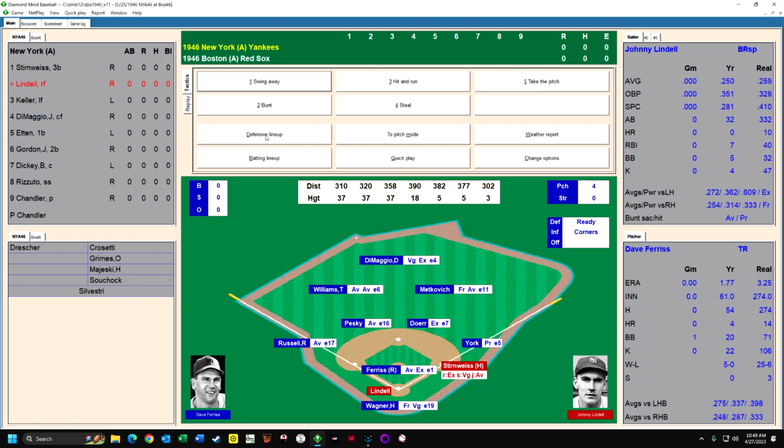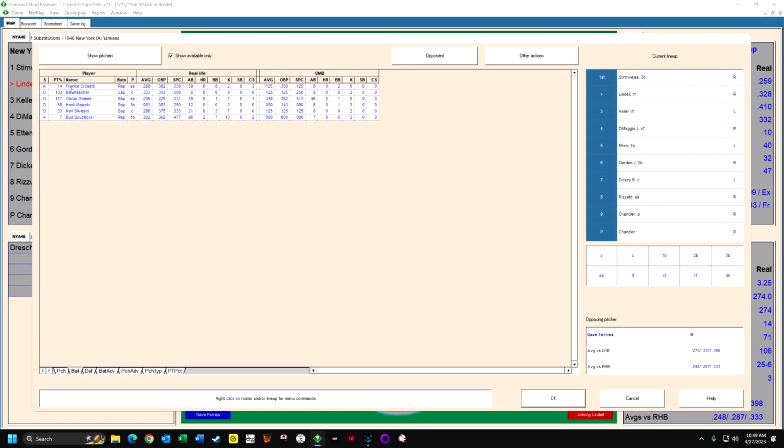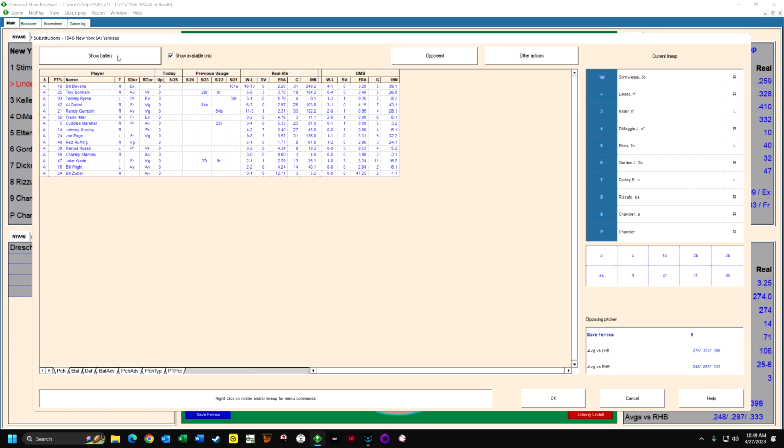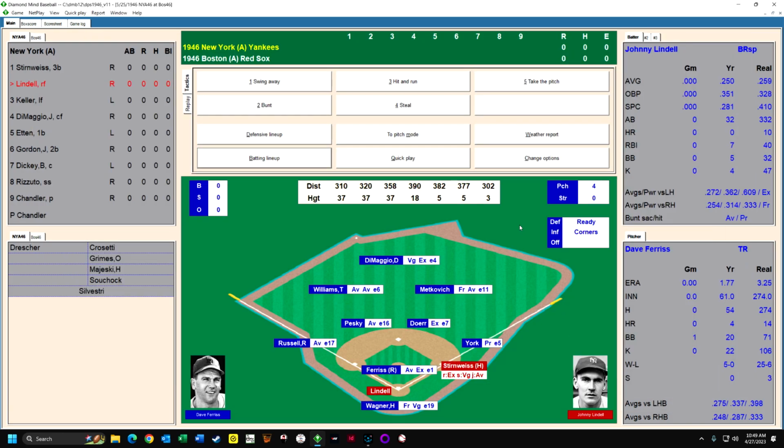And if you want to go to your lineup here, if you wanted to pinch hit or something, this shows you all the position players that are on the bench. You click on show pitchers, and in this particular year, 1946, a lot of players were coming back from World War II. So major league baseball had a rule that you could have as many players as you wanted on your active roster here. So you never run out of pitchers, really. Now, we're just going to have Lindell hit away, and